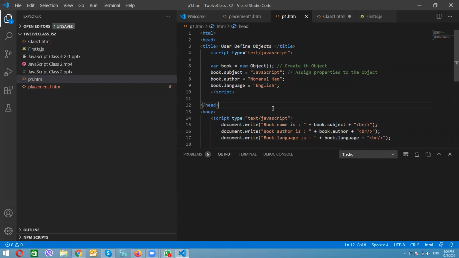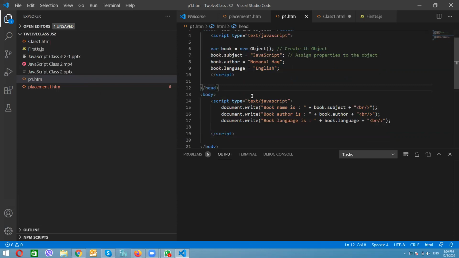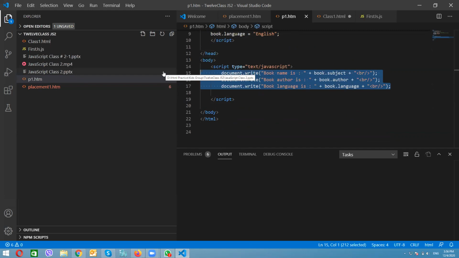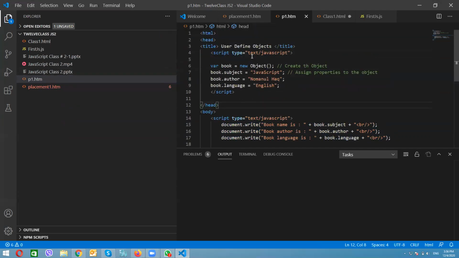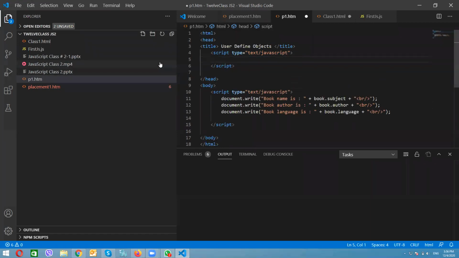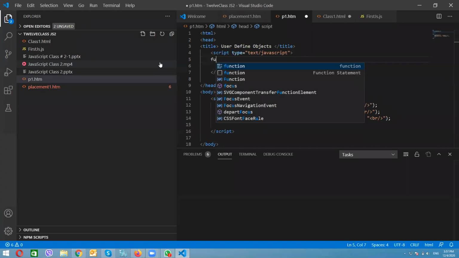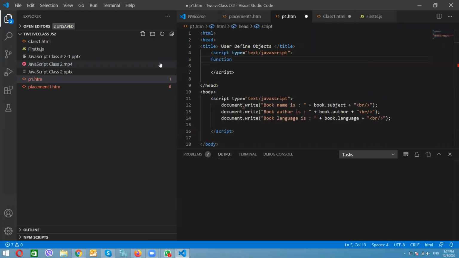Now under the head, I'm going to remove everything. Leave it like that. From here I will remove. Instead of this, I will create one function, with the name book.